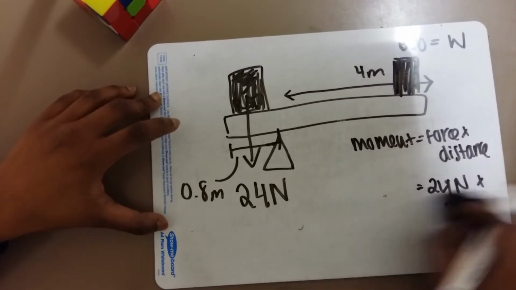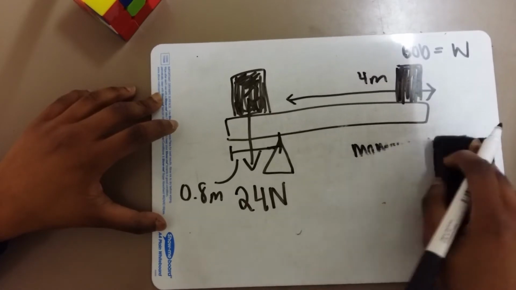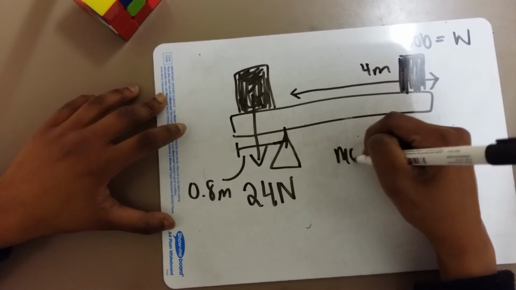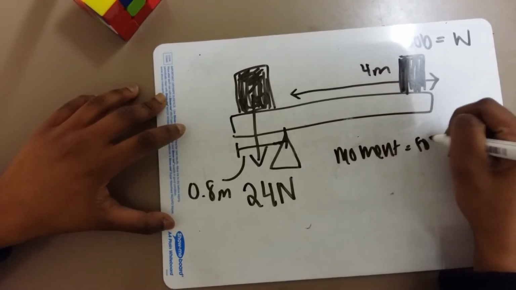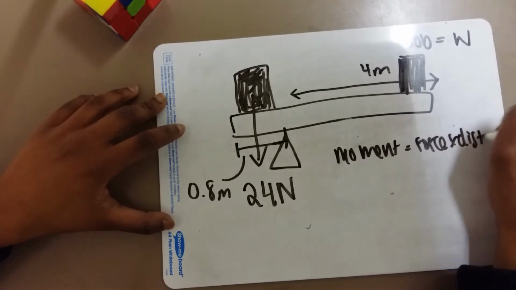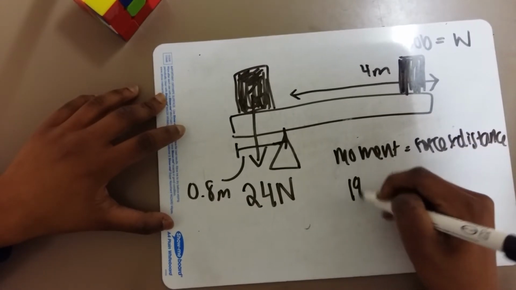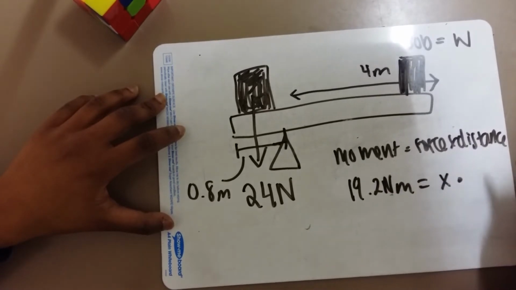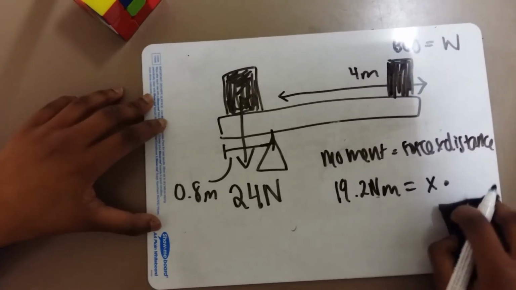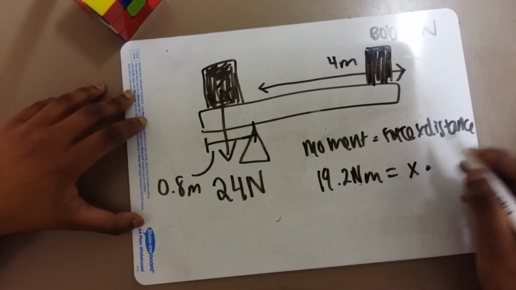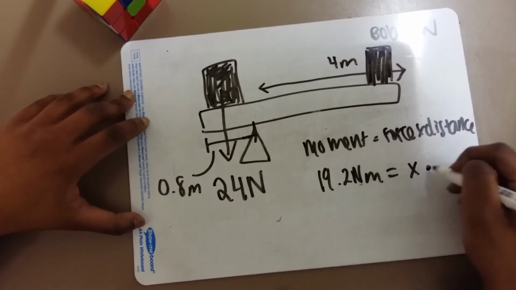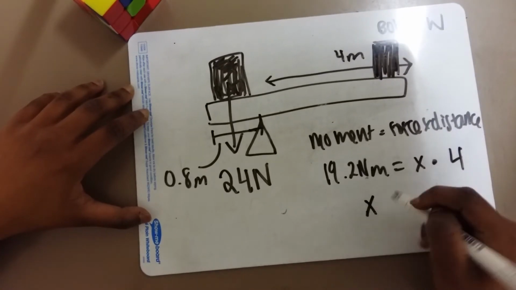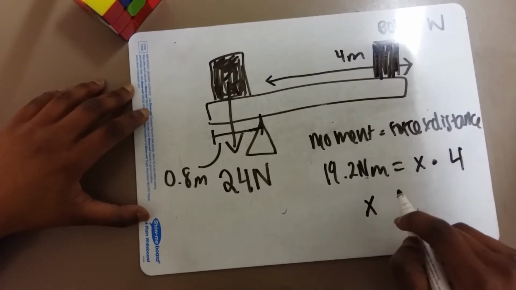If we plug that value into the equation along with the distance from the pivot on the right side of the seesaw, we get, well, moment equals force times distance. We get 19.2 Newton meters equals, the force is x since you don't know what it is, and this is just another way of writing multiplication, just a dot, because if you have the letter x it can get a bit confusing. So x times the distance, which is 4 meters on the other side. So x would just be 19.2 divided by 4, which I believe,